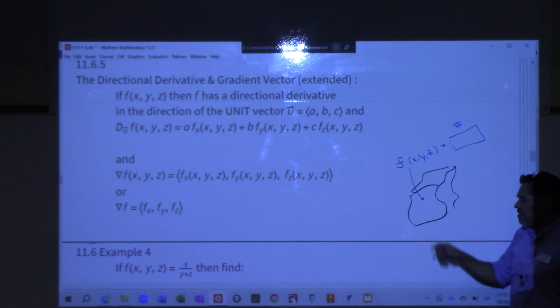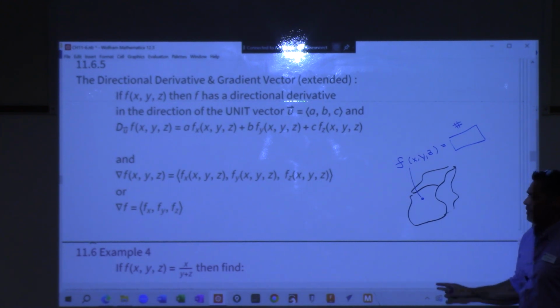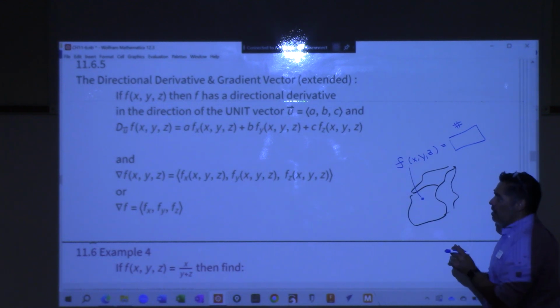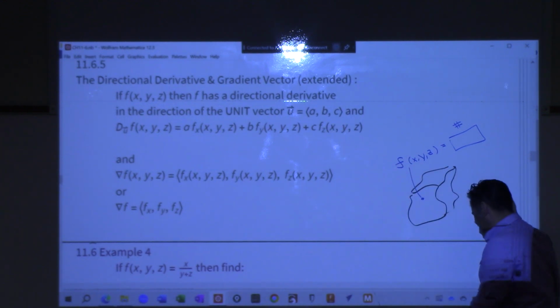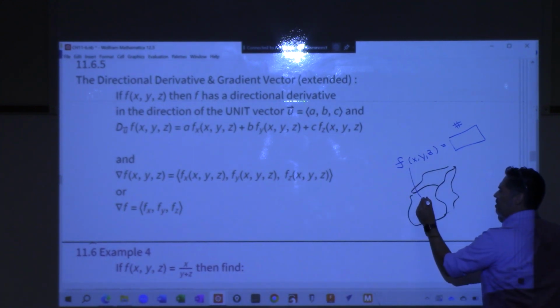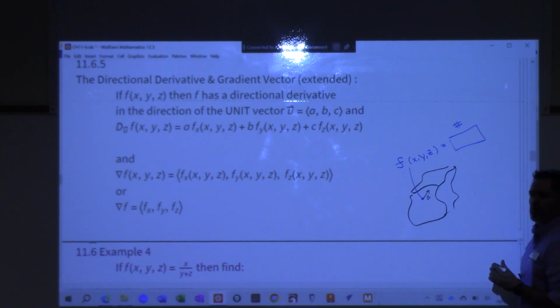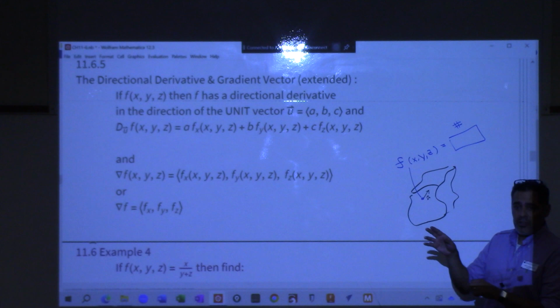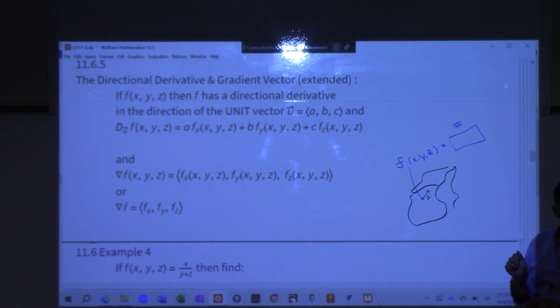Because if I ask what the directional derivative is, if I'm standing at that point in the solid, you give me a direction vector, so you tell me some way to point. You give me some direction to point in, u. The directional derivative will give you what then? What will it represent? It won't be the slope of a tangent line anymore. If you start going in that direction, the directional derivative gives you the rate of change in